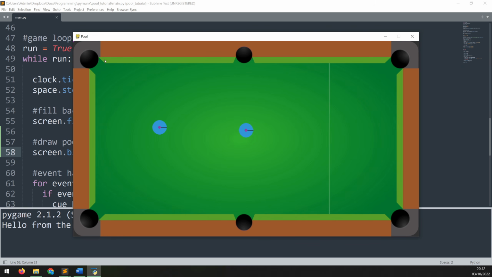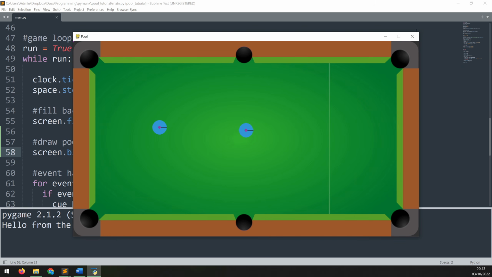Well, the way to do that is, if you remember, each object has a body and a shape. So that means that for the shape, we just need to pass in the coordinates that make up this shape here. And we'd repeat that for each of the 6 cushions. Now to do that, what I had to do was zoom in on the image and look at the pixel coordinate of each of these edges. So I've already worked that out, and you'll be able to just copy this from the source code for this video. But using that information, we can now create another function that will allow us to create each individual cushion